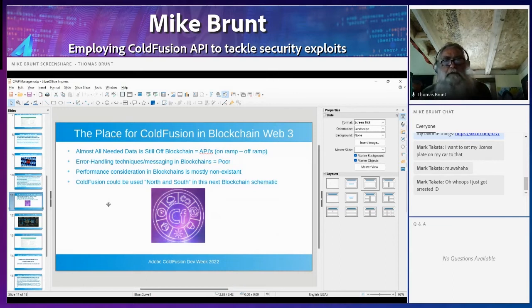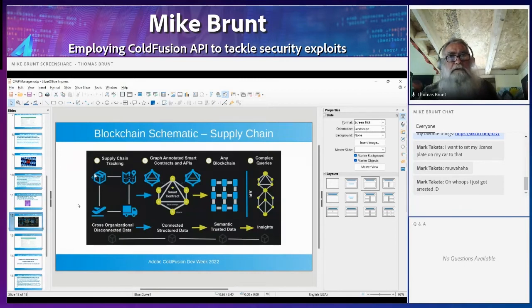So then I'm going to show the next slide, a bit of a schematic of a blockchain application that I was sort of involved in from the point of view of the planning stage. Let me get to that. So this is a schematic. I did show it at my last presentation because it's still very relevant, of a supply chain application using blockchain